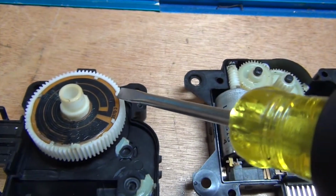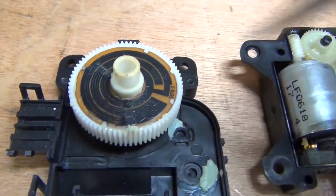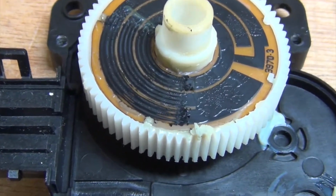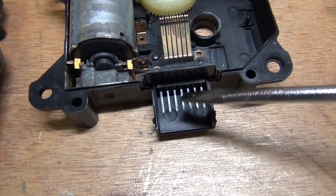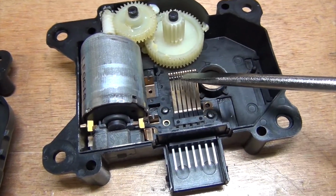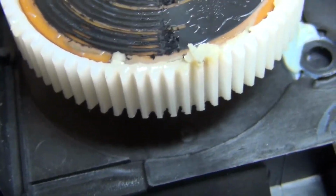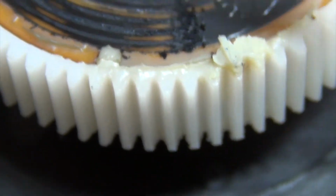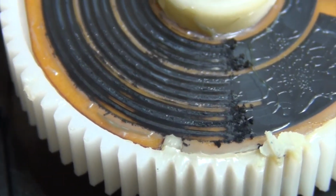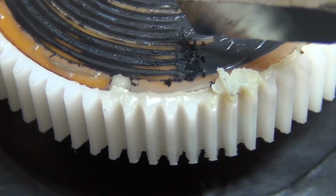On the back side of the gear are what looks to be some conductive material. And you can kind of see some grooves in here on this side. And what I'm guessing is matching up with, then you've got a series of contacts here coming from the pins from the harness. So what it's looking like is that you can see in a couple of these spots, what appears to be the contact material on the pulley is starting to wear through. So my guess is it doesn't get the same consistent contact, and that's why you get that shuddering in the motor,